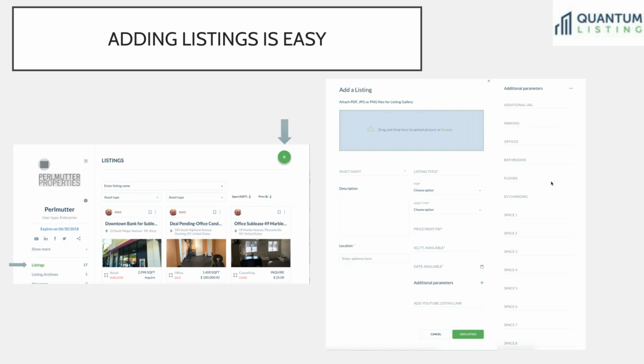All right, so the things you have to add to your listing are a listing title. I very strongly encourage you to put the city and state in that listing title in addition to whatever else is going to make it pop to somebody looking at it. And the reason we want you to do that is a couple of reasons. First of all, when you add a listing, we put it in a queue to send to our social media. And there's a better chance that that's going to show up on people's feeds,